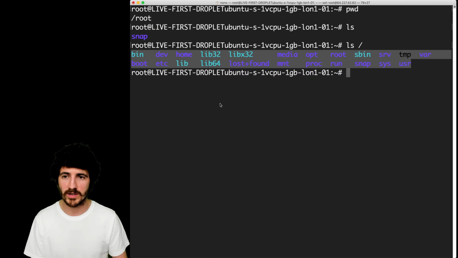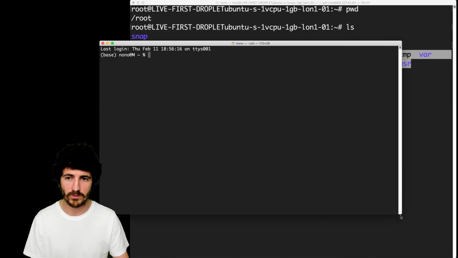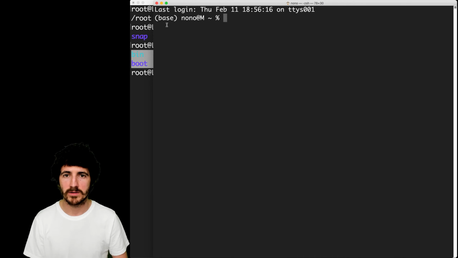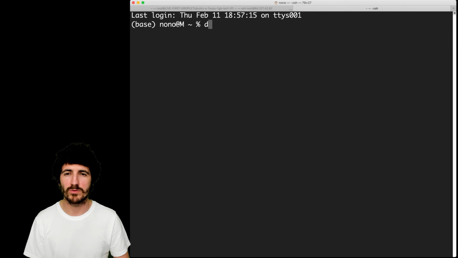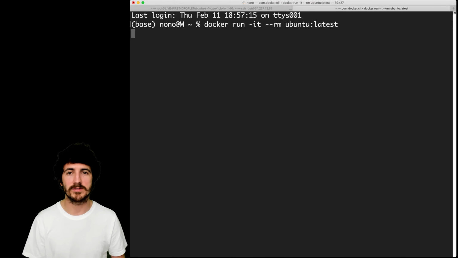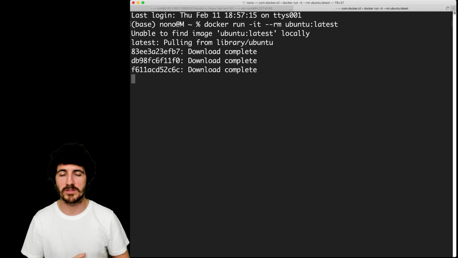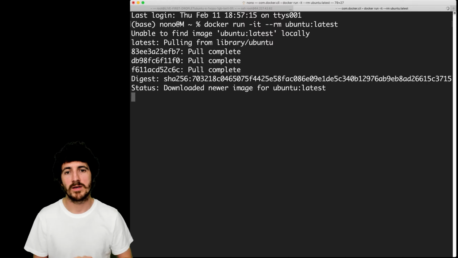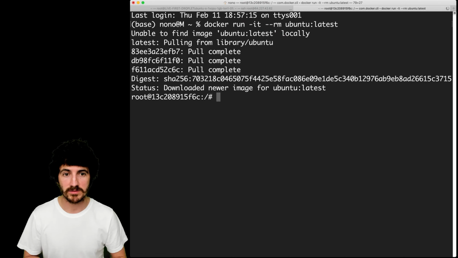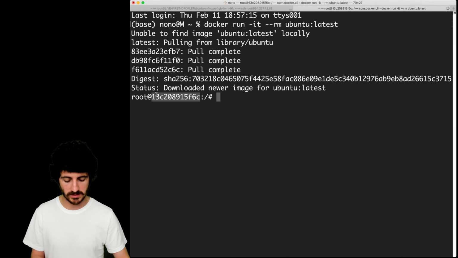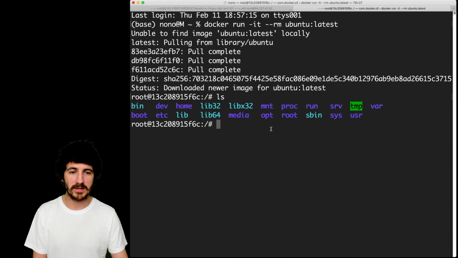We can actually try to do that with Docker, I think. So if I run here, let's say, or maybe just make a tab here. So let's try to do docker run --rm ubuntu:latest. Let's see if that works. So this is going to download all the image dependencies of the Ubuntu Docker image, and once that's done, that was pretty fast actually. Now we have root at this machine, so this is a unique ID for that machine, and if I do ls, I'm at the root of that directory.